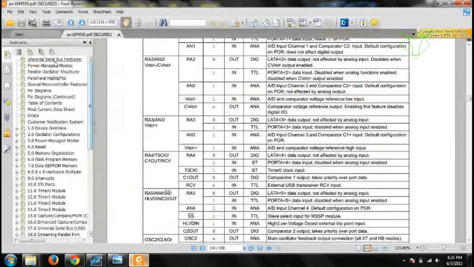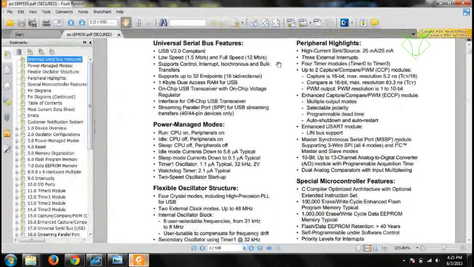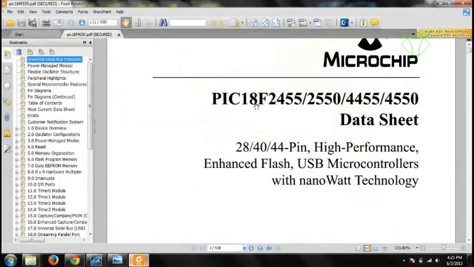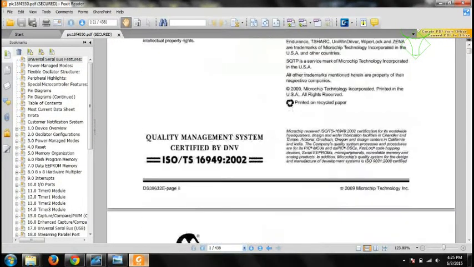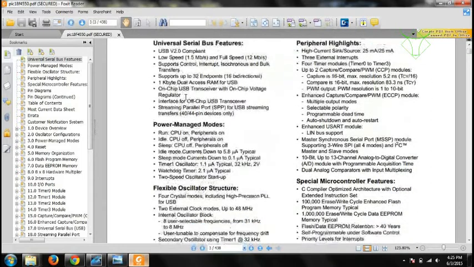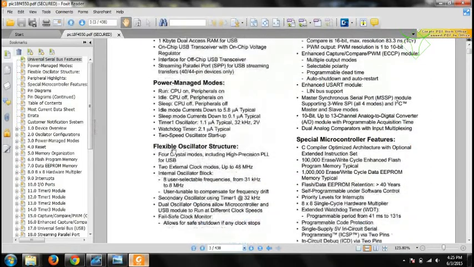So this is the data sheet. If you see the data sheet, it will show a lot of other IC numbers also. That means all these belong to the same family. Let's scroll down. Here you can see this has a USB peripheral, and it has a flexible oscillator structure.